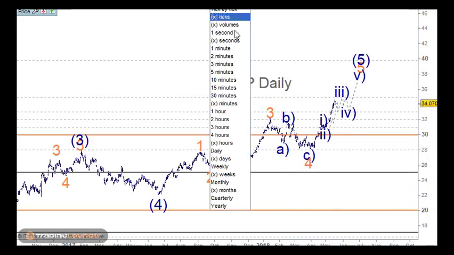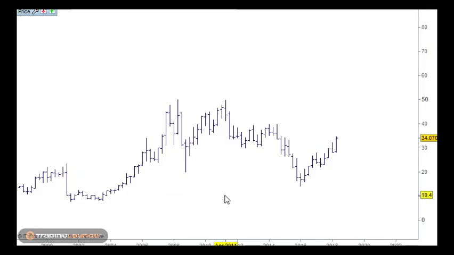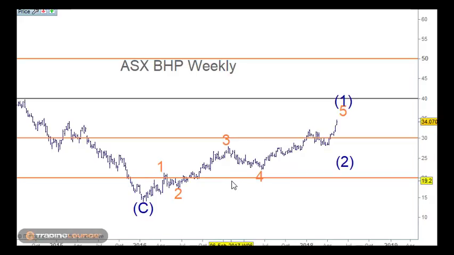So when we look at this on a quarterly chart as well, we can see much the same thing here. There's a couple of ways to count this, but I like the A, the B and the C wave here for this one. And in this case, we're also looking up for wave. We've got 5 waves going up here, haven't we? I don't know if I've got that on the weekly or not. Yeah, I've got it on the weekly, but I've got it counted slightly different, but 1 and 2 and 3 and 4 and 5 moving up. So it's the same thing.